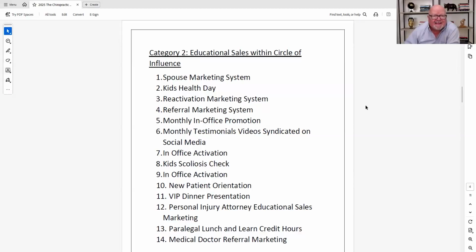Okay, so you've got to make these decisions. The reactivation system, that's right up there. You're already in the target market. Chances are they have an ongoing problem. That's one of the first places we go when we look to build a practice. I get a client that's got a big patient base and he's suffering with new patients, needs a lot of new patients fast. What's the first thing we do? Patient appreciation day. We'll pull in 5, 10, 15 new patients that fast because they already fit all the criteria.